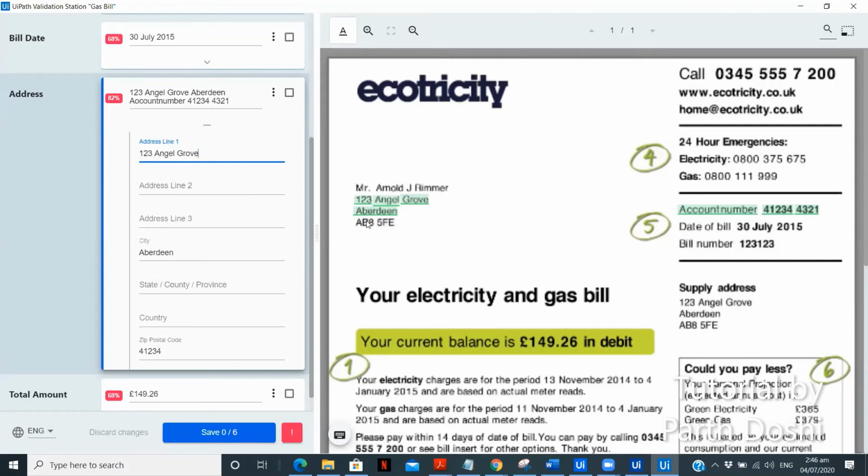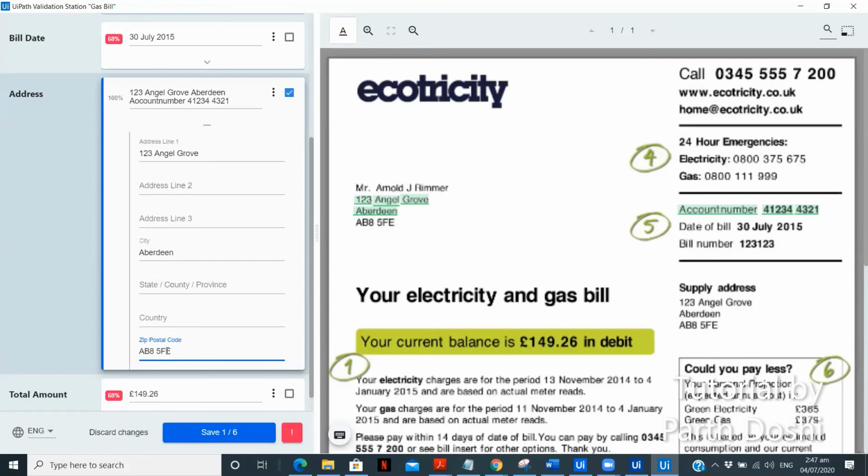As I told you, this is not a particular pin code of a particular area, so it is not able to extract that, but I can still select it. If 41234 can be a pin code of some particular area, that is the thing we can change over here manually: EB8 5F8. After this video, when I create another video, I will try to use a proper receipt where there is an actual address and test this machine learning extractor feature as well.